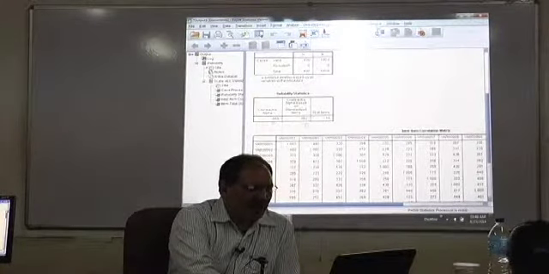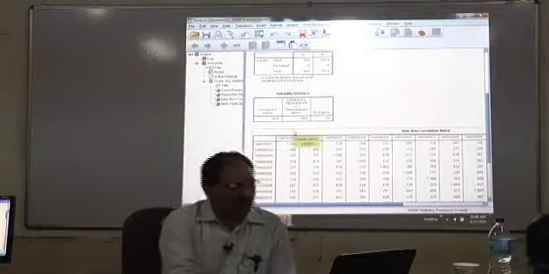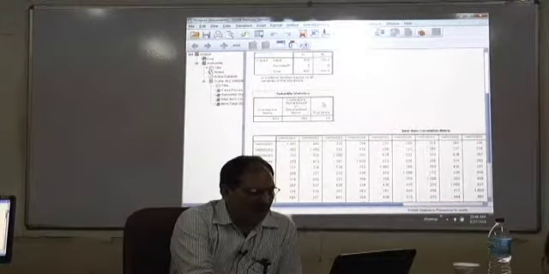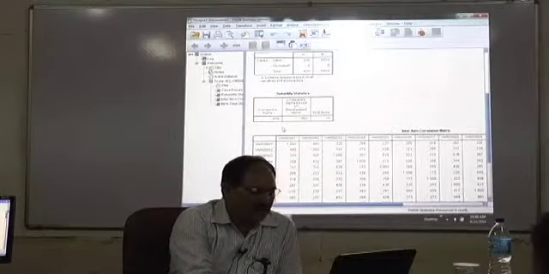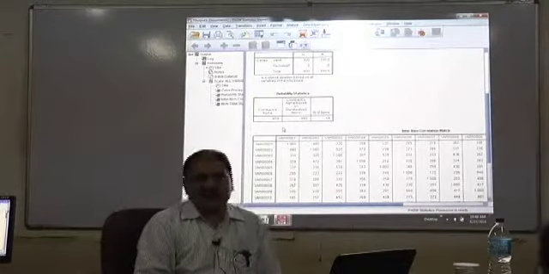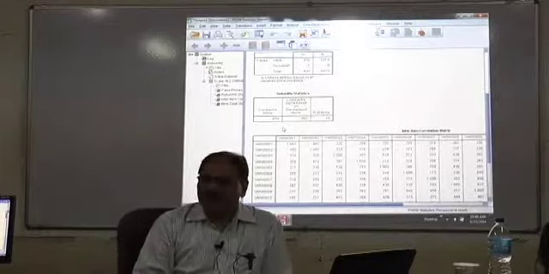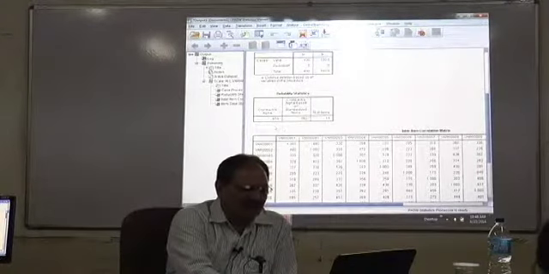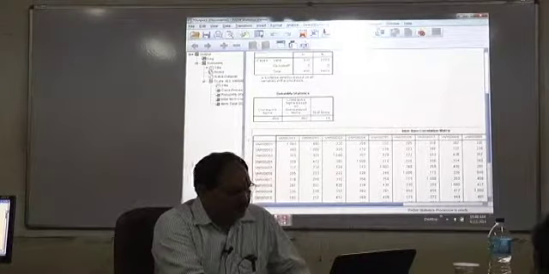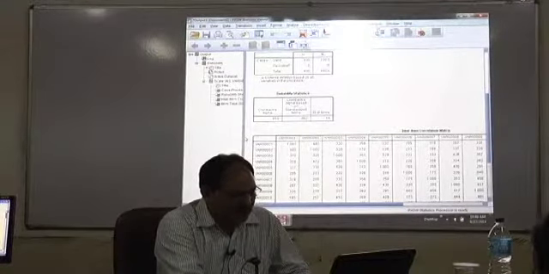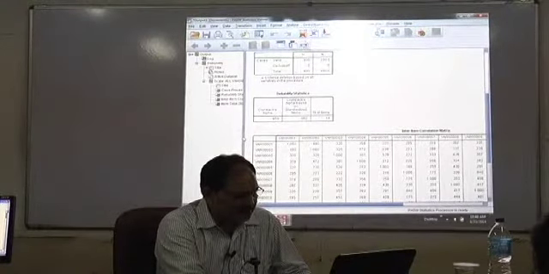Now, this is the overall reliability that is given: Cronbach's alpha and Cronbach's alpha based on standardized items. You can use Cronbach's alpha because that's the raw Cronbach's alpha. Now, you have the item total correlation matrix,